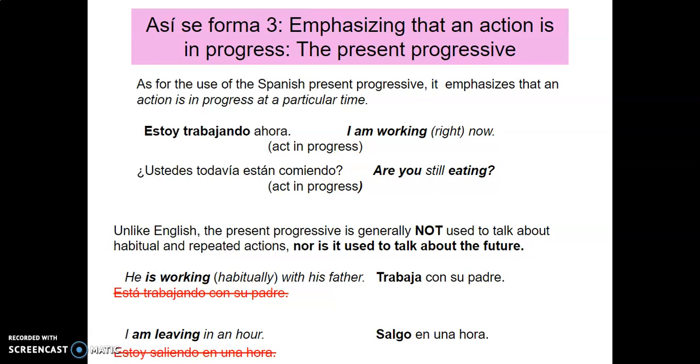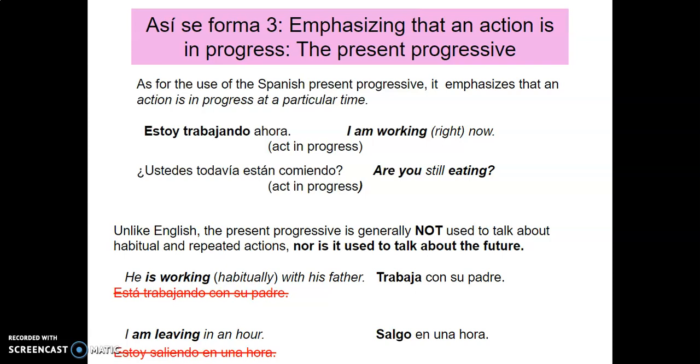So that's what I was meaning earlier when we said that we can still use the regular present when we're talking about things that we do in general, or also if we're going to do something in the future, but we're not necessarily saying I am going to do that or I will do that, we're just referring to something that might be happening in the future. Like I am leaving in an hour, all right, or I am working with my father. So that's why using that form of ir, like I am going to do something, and when we say yo voy means I am going,